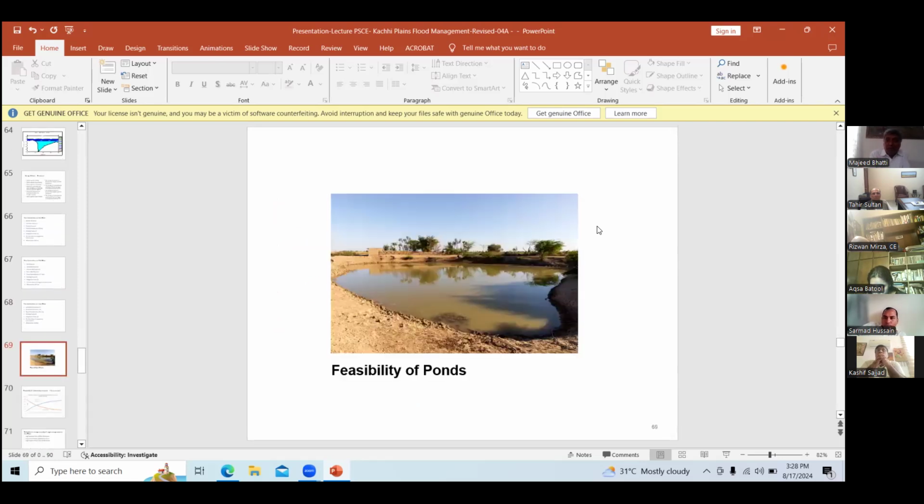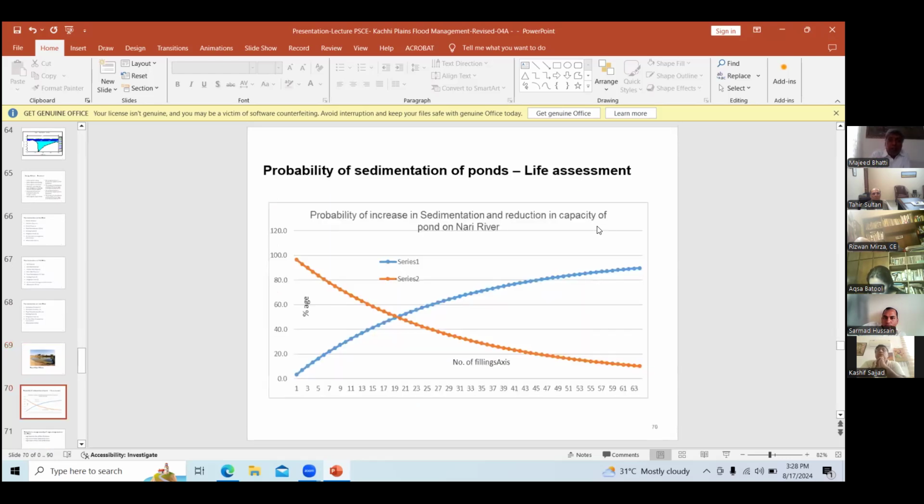This is a picture of a pond, feasibility of ponds. This is a very interesting graph, probability of sedimentation of ponds, life assessment. So we try to assess the life of the ponds because heavy silt load is coming from these hill torrents. You can see on this side is the percentage filling.